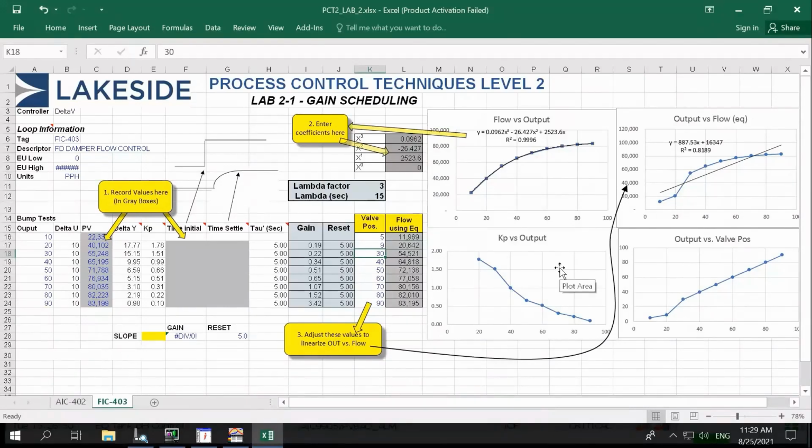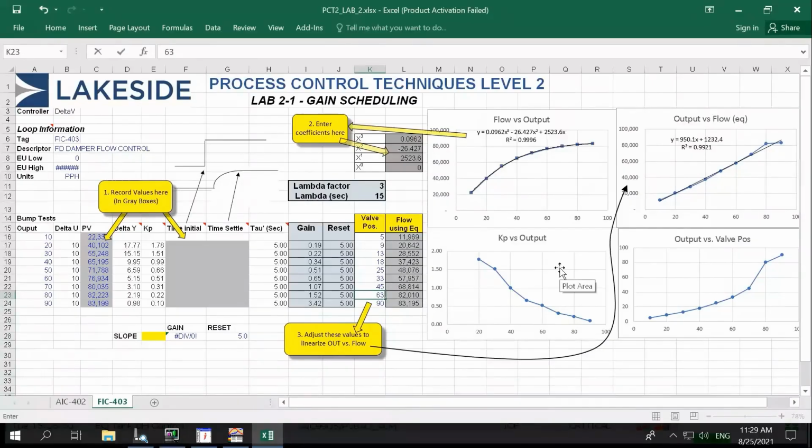The next one for a 30% output will be 13% valve. For a 40, it's going to be 18%. For a 50, it will be 25%. For 60, it will be 33%. For 70, it'll be 45%. For 80, 63%. And 90 is 90. So you can see here that the relationship now is linear. But to get that linear relationship, the output must go through this characterizer block in order to achieve that linear